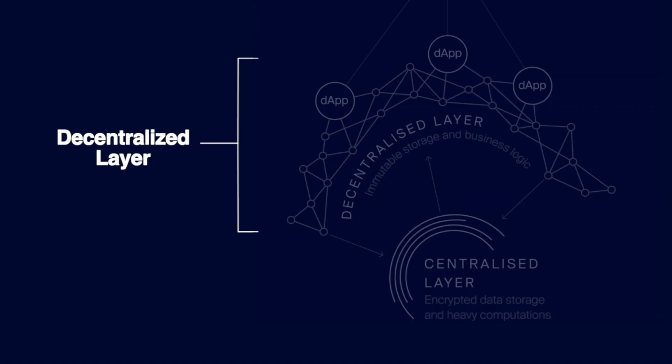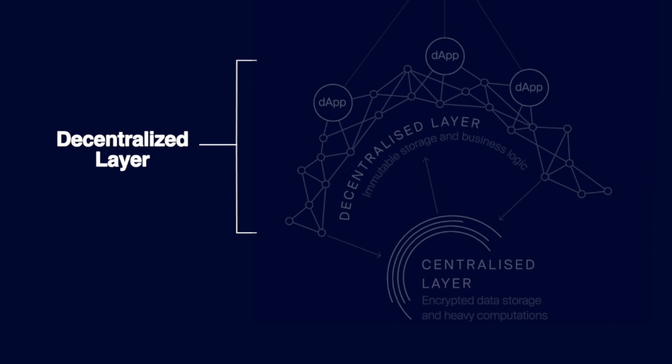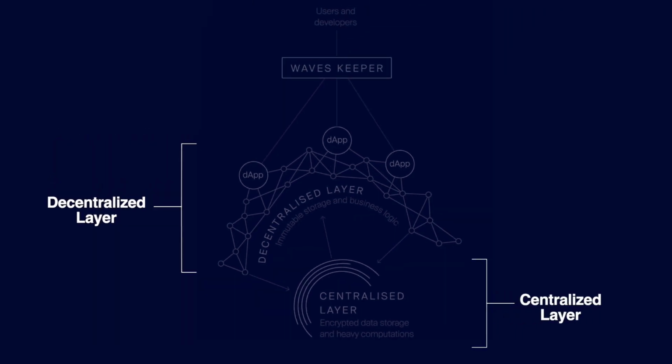Waves is taking a different approach to Web 3.0 than other projects like Ethereum, which expect all computations to happen on a slow and inefficient blockchain. It's a fact right now, a dApp with hundreds of thousands of daily users just wouldn't work on Ethereum in its current state. Waves features a balanced mixture of decentralized and centralized technologies for its dApps. The decentralized layer takes care of certain things, like things that involve tokens and value transfer, while the centralized layer takes care of heavy computations and things like encrypted data storage, not involving critical functions needing the utmost security.